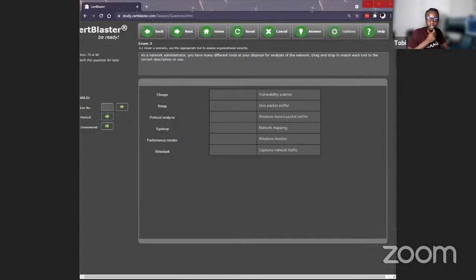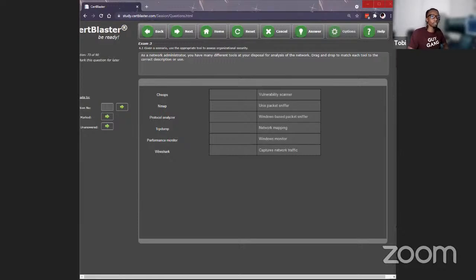TCPdump, what's that? Packet capture. Yes, packet capture, packet sniffer, protocol analyzer, and it's for Windows or Linux? Linux, Unix, Linux.